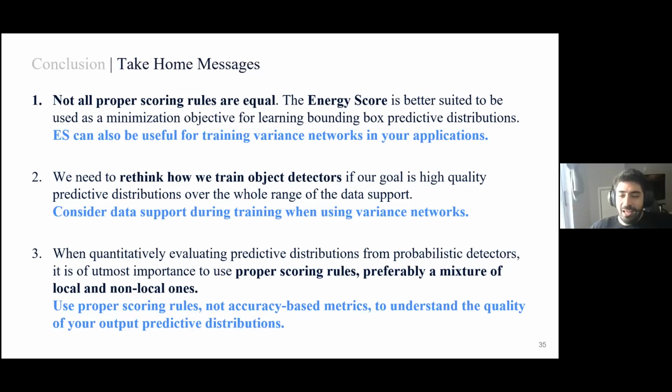So the first thing I would like to say is that both energy score and negative log likelihood are proper scoring rules. In theory, at the limit, if you have infinite data, any proper scoring rule should be able to retrieve your data generating distribution, right? The problem is that our data sets are not perfect, and our estimates are not perfect, and our optimization is not perfect. That's why the energy score was shown to be beneficial in this case.